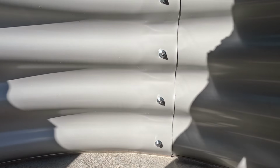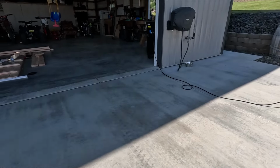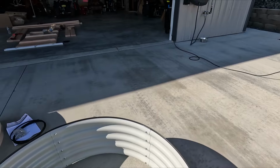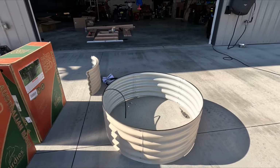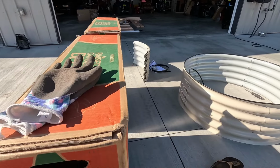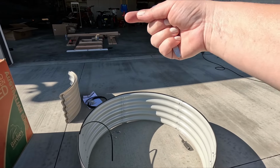Overall, this is super easy to put together. I didn't find any sharp edges by any means like it warns you on the paper. Everything's covered in this film so that you can avoid any scratches, and it doesn't matter if you overlap one